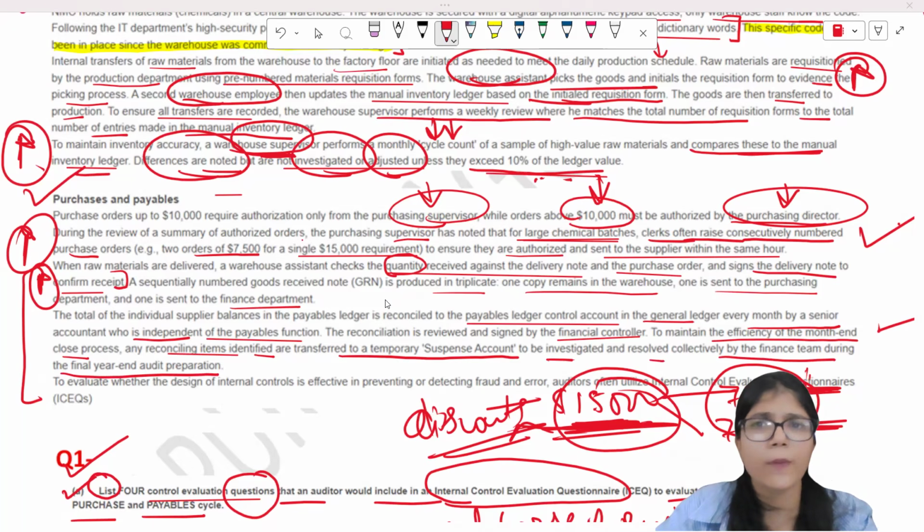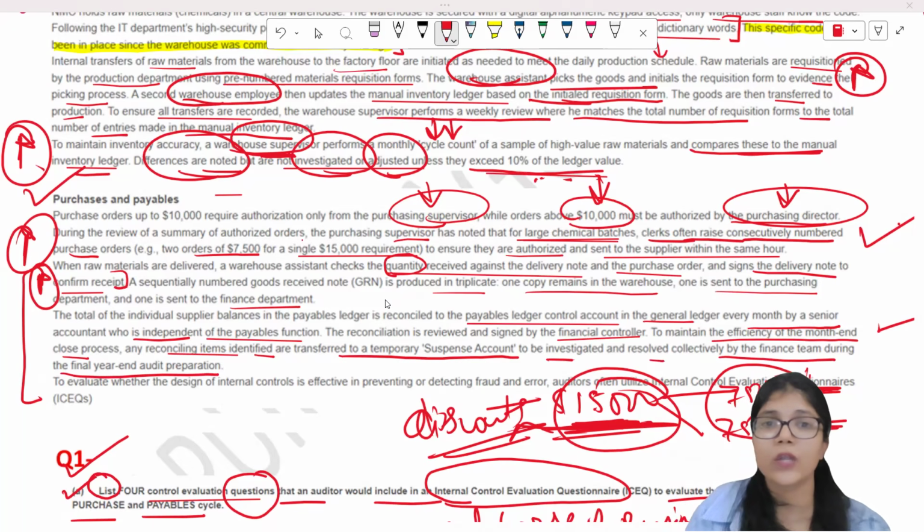They're not resolved on monthly basis. Your bank reconciliation should be done on monthly basis so that you can timely accommodate any problems. But they're getting transferred to the suspense account, which is very weird to me, right? This should be investigated. You should get to know about it. You should resolve it on monthly basis. And then you should address it rather than just pushing it towards the suspense account.